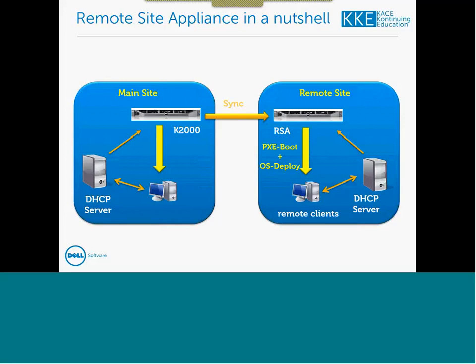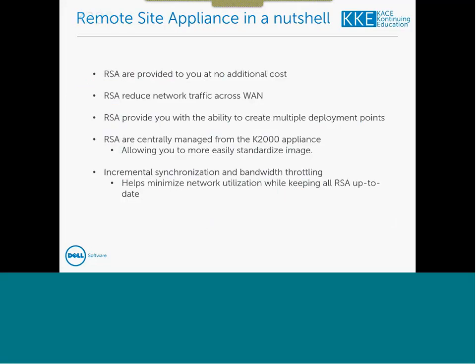We'll also see that any KBEs you created on the central K2000 will be automatically adapted to the local site, so it will take over the network settings, so you don't have to create separate KBEs for the separate sites. And as for the K1000, there are no additional costs. There are just a couple of things which we will have to look into on the hardware. So again, no costs. The idea, and especially when we're using large images, removing any pressure on the wide area network is of course very important and a big benefit of using the